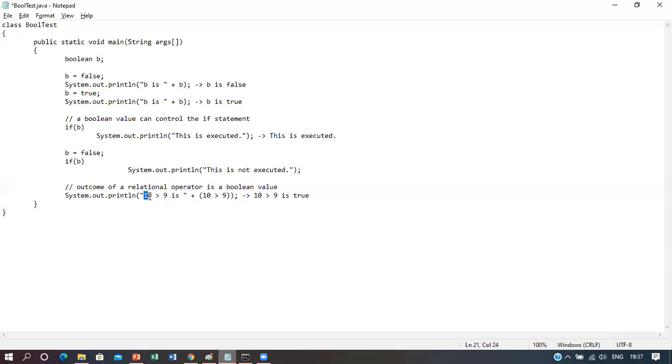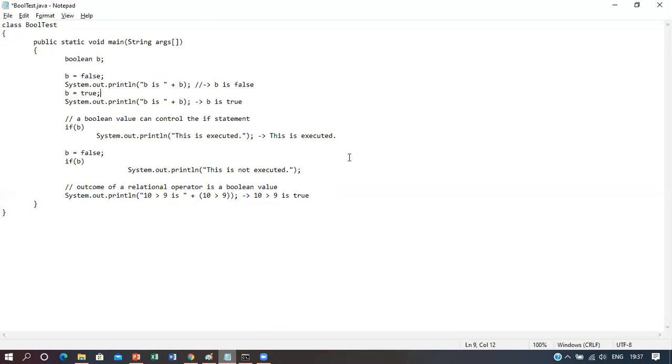That means this statement 10 greater than 9 is, a space, will be printed on screen, and after that the value true, which has come from this relational operator calculation, will be appended after this space as we have used this plus operator. So let us compile this program